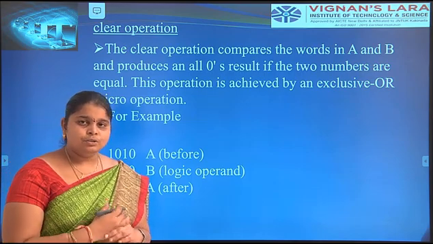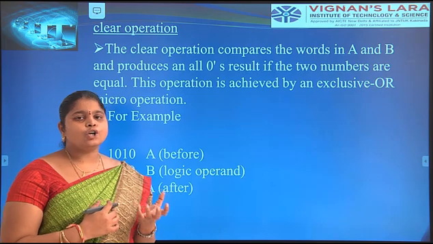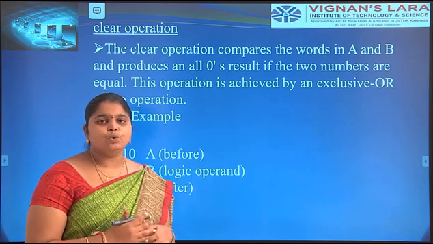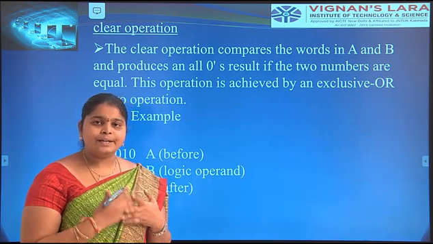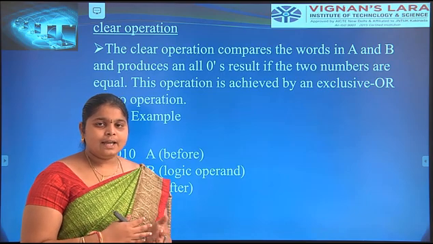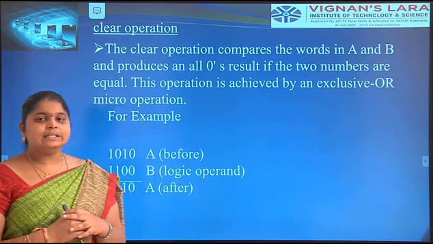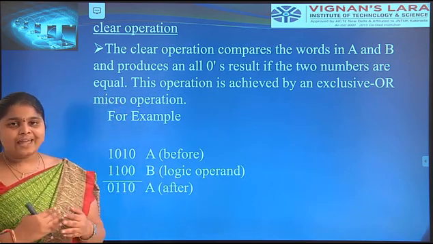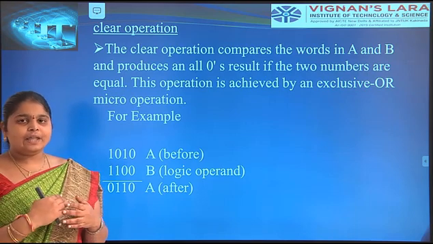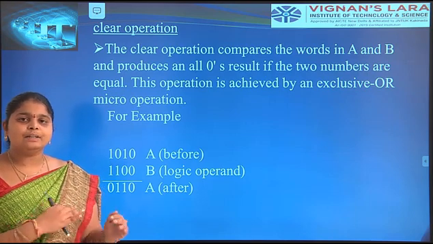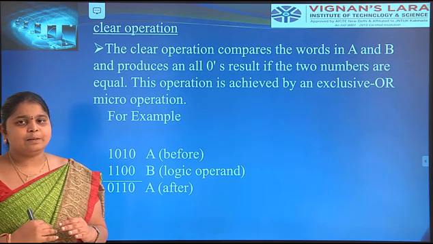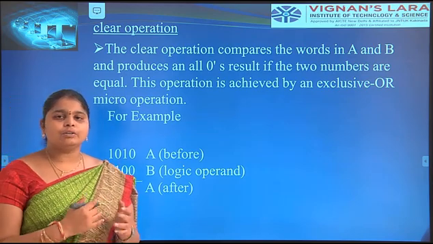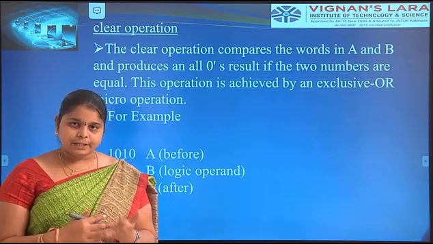And the insert operation can bring in new group information and new bits to the operation. Okay, next clear is represented as comparing the words of A and B. If the resultant of A and B has both values equal, then the resultant will be 0, and if both values are different, the resultant bit will be 1.